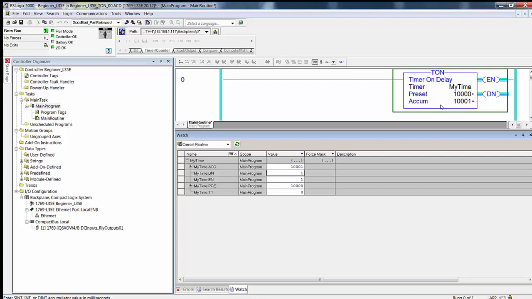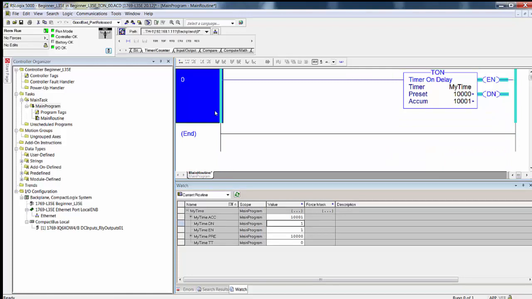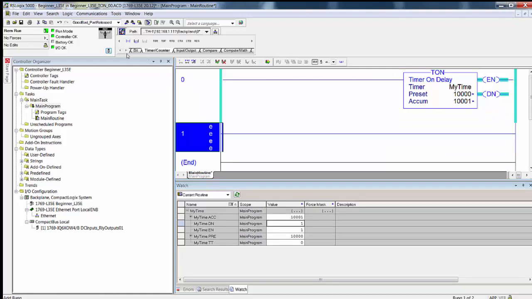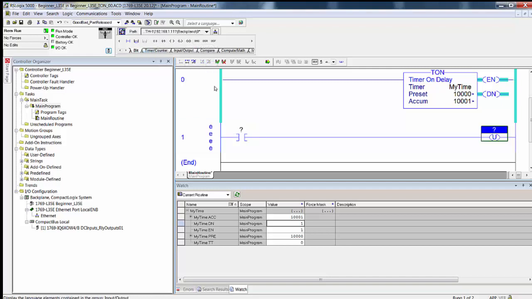It is possible to get some sort of funky behavior out of these timer instructions, instructing a timer data type, if you start tweaking the values with logic. Now I did it from the keyboard, but I could just as easily have moved values in. I could have a button that clears the done bit. In other words, I could add a rung right below here,